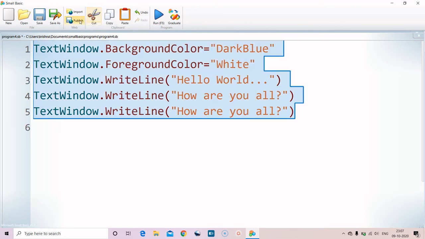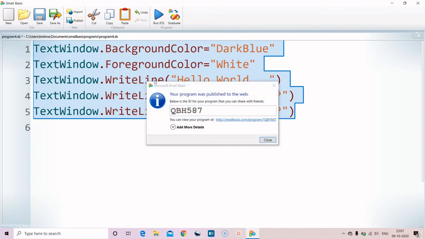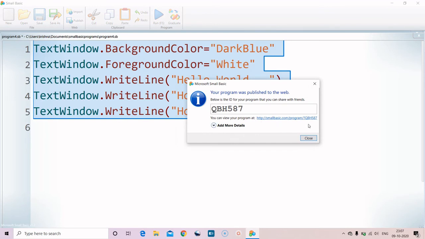If we click publish, this program gets published onto the Small Basic website and it gives a reference number. You can share this reference code with your friends, and using this code they can access this program, meaning they can download it from the Small Basic website.